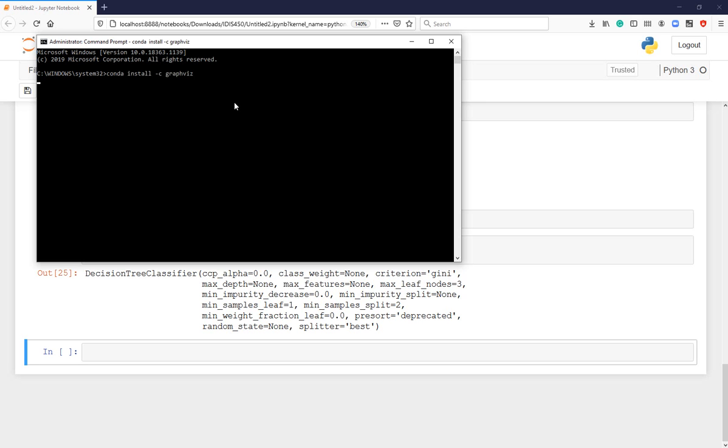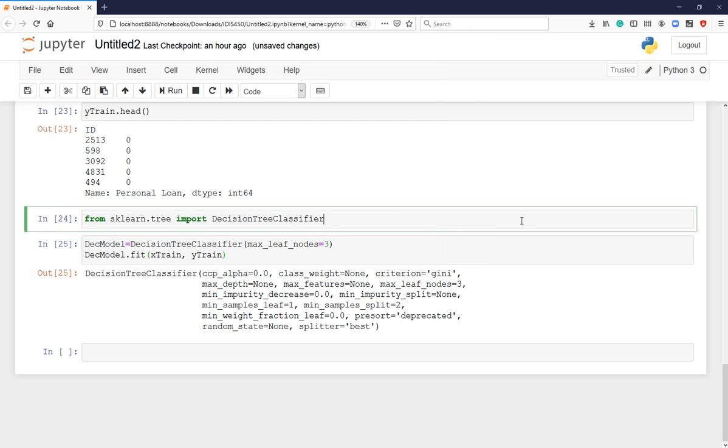right? And once you click, oh, I see it, -c, and then I need to add anaconda because I'm installing GraphViz. This should work. I have the installation, so it's not going to do anything for me. But if you don't have it, it's going to install at this step, and this might take some time. You just need to be patient and wait until the installation finishes. Right? So I'm gonna go back to my code,